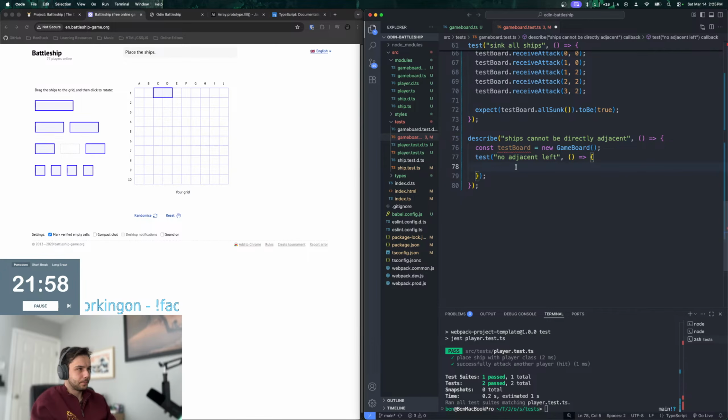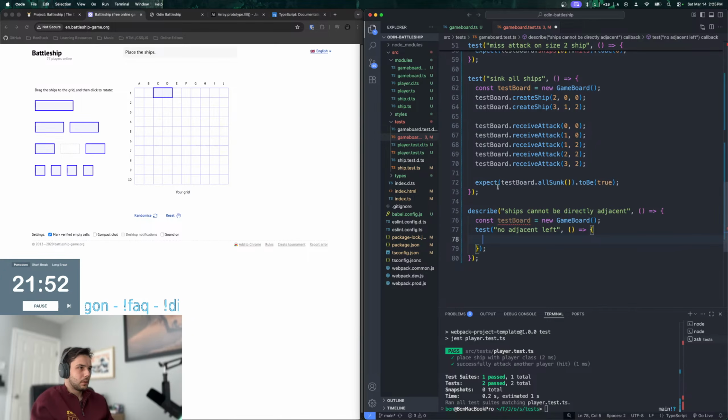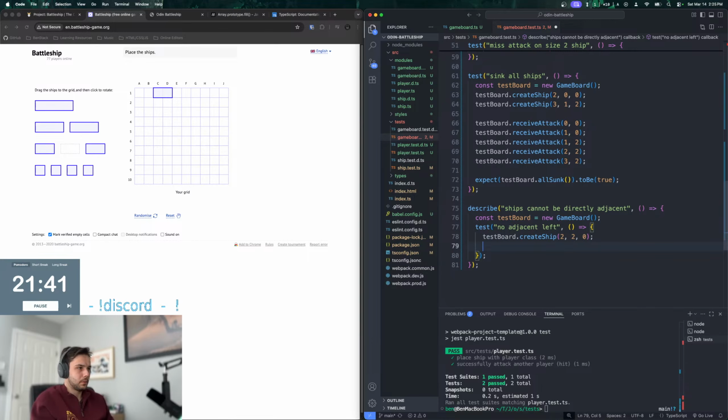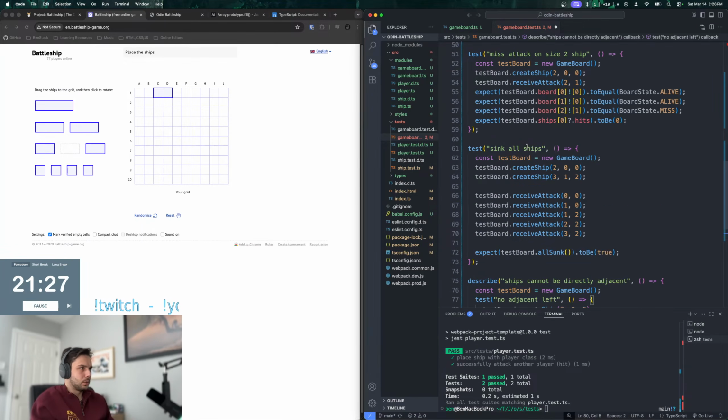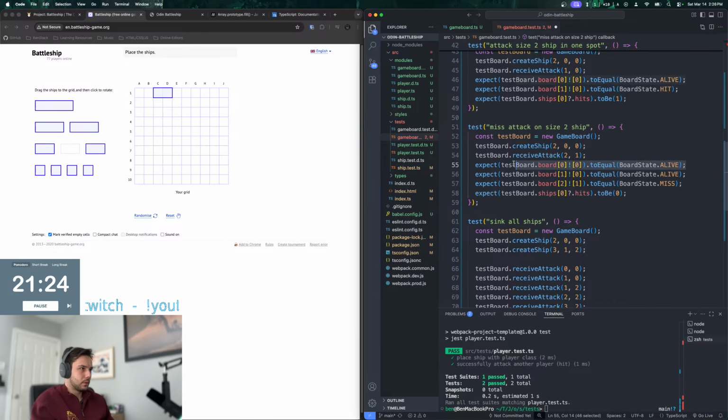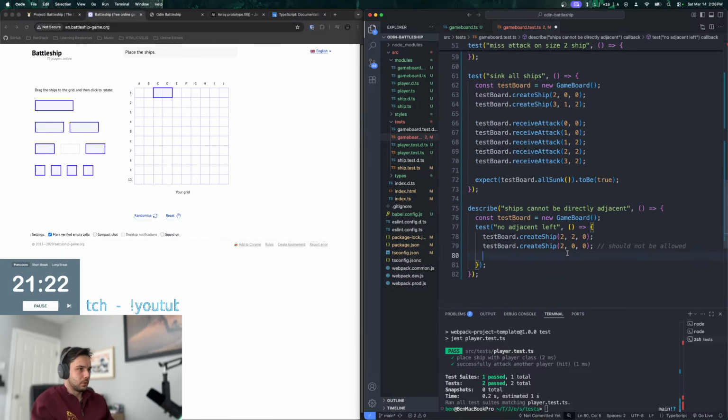Let's see here. We'll create a ship. Test board, create ship at 2, 0, and then we create another ship at 0, 0. So this second creation should fail. Should not be allowed, right? And then what we'll do is test the board. Actually, we'll test the number of ships first. We'll say expect test board